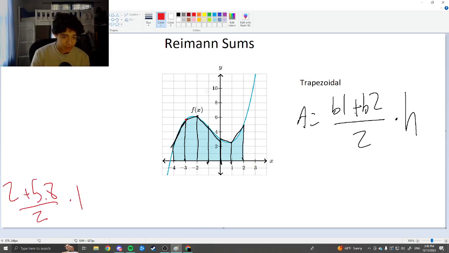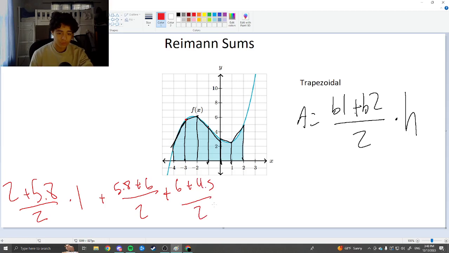And our next trapezoid, we have, again, 5.8 is the same y value, plus the second y value of 6 over 2, and then again times 1, so I'm not going to write that, plus 6 plus base 2 is like 4.5 over 2, again, times 1. And then our next trapezoid down here is like 4.5 is the first base. Second base is like 3